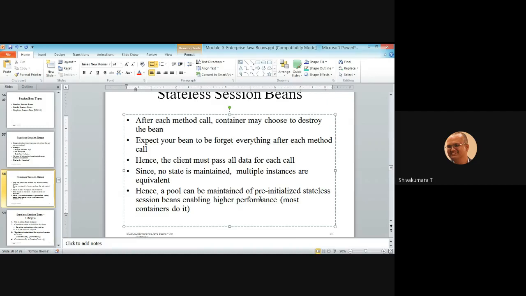So it is easy. Forgetting everything is easy, and we can do other good things in future. In the same way, for the stateless session bean, the container will take care of forgetting everything, which means it clears from cache memory everything the client previously sent.